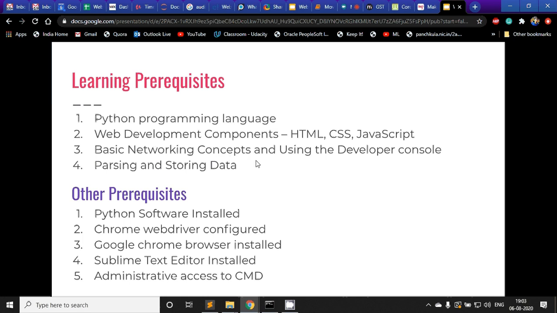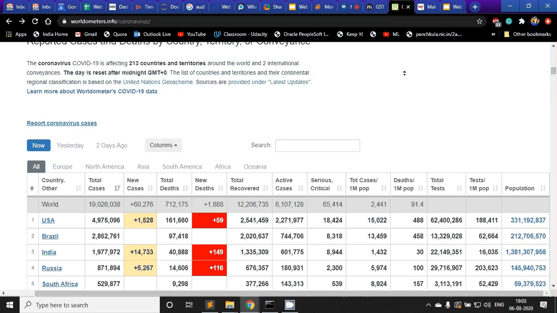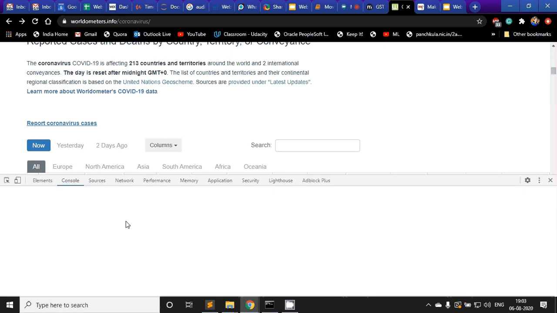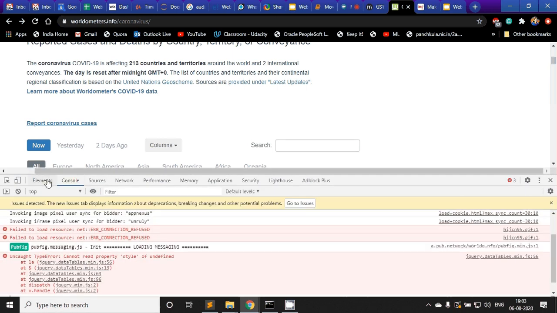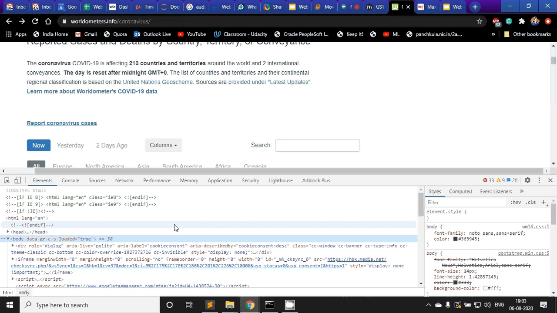And along with that, we will need to use the developer console. At the start, you would have seen it open like this. This is called the developer console. We have different tabs here. We will also discuss the relevance of this tool, why it is used and why it is needed. It's a good tool, and without it, it is very difficult.